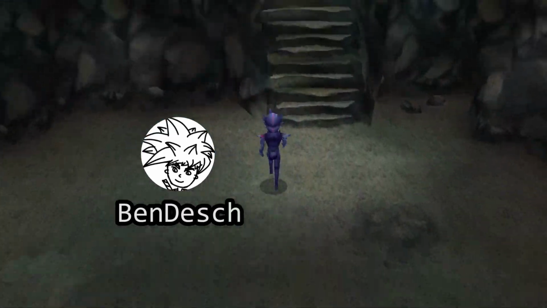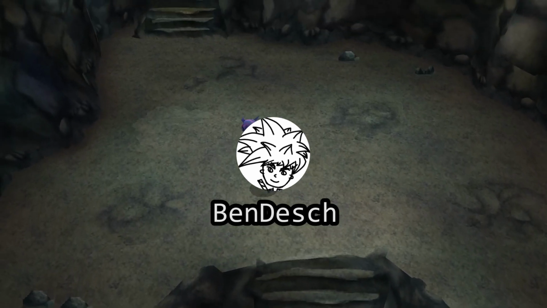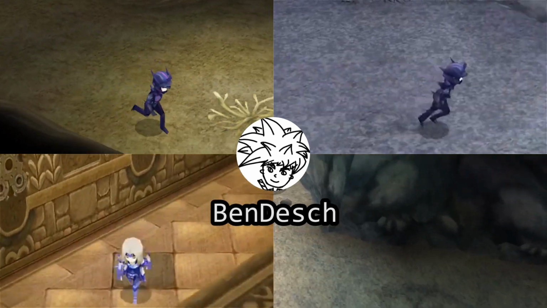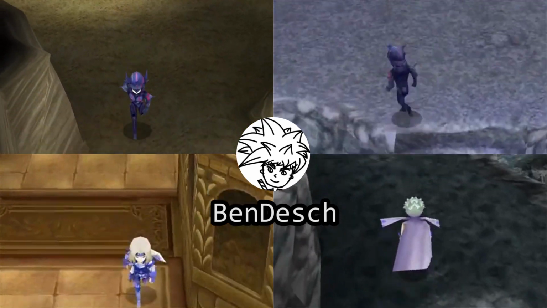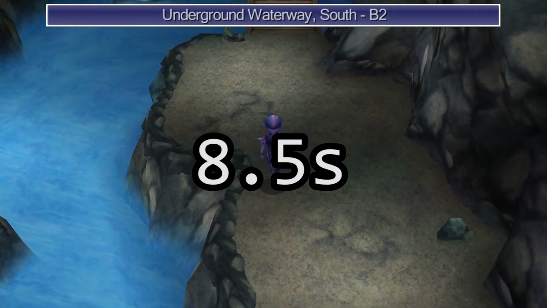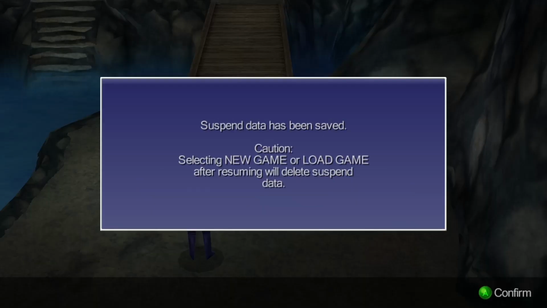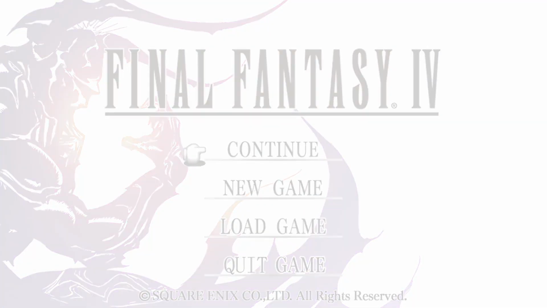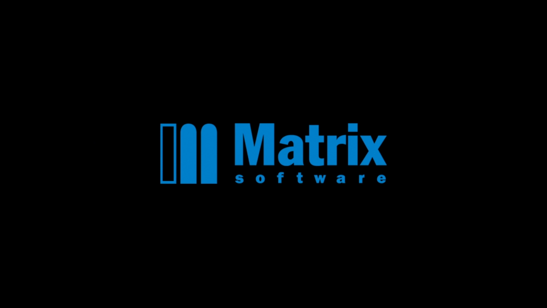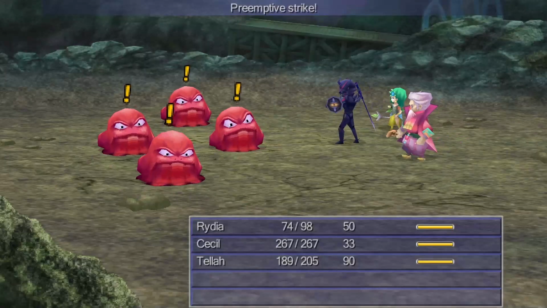Not only that, but Desh actually took the time to figure out how many seconds you should run before doing a quick save reload in every single dungeon of the game to maximize time save. So with that in mind, if runners don't get an encounter after running for about 8.5 seconds in a waterway, they do a quick save reload to reset the threat meter to avoid encounters. In the next cave, runners will stop right here and quit out of the game in order to get this encounter with 4 red,